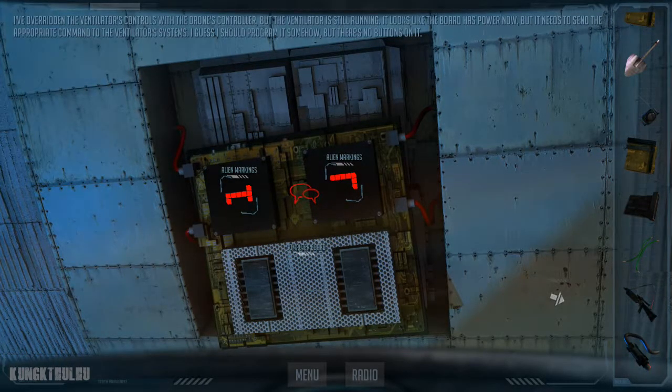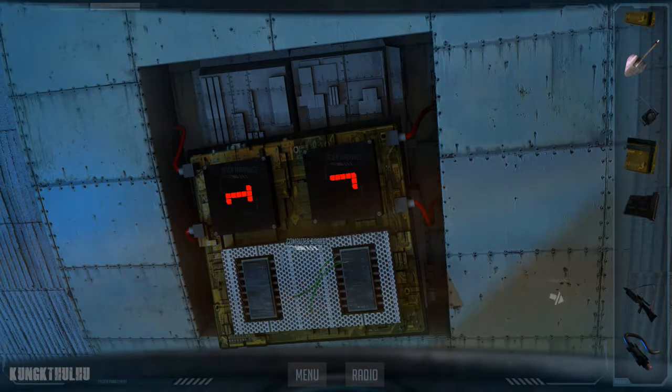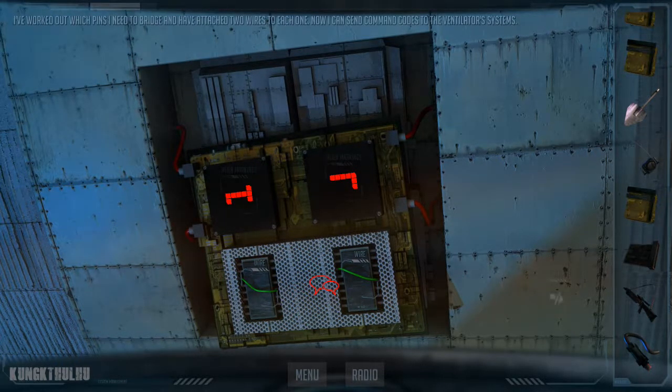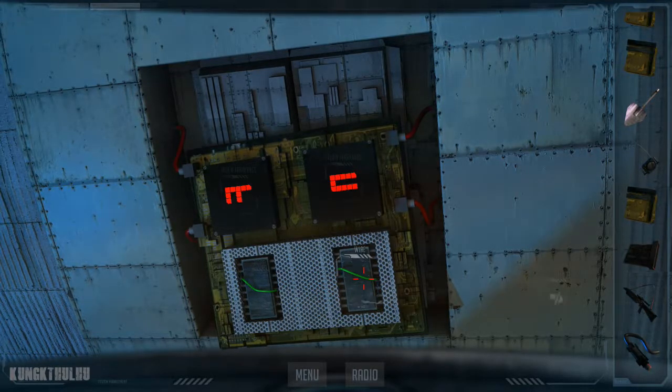I've overridden the ventilator's controls with the drone's controller, but the ventilator is still running. It looks like the board has power now, but it needs to send the appropriate commands to the ventilator's systems. I guess I should program it somehow, but there's no buttons on it. I've worked out which pins I need to bridge and have attached 2 wires to each one. Now I can send command codes to the ventilator's systems. I think the ventilator is stopping.